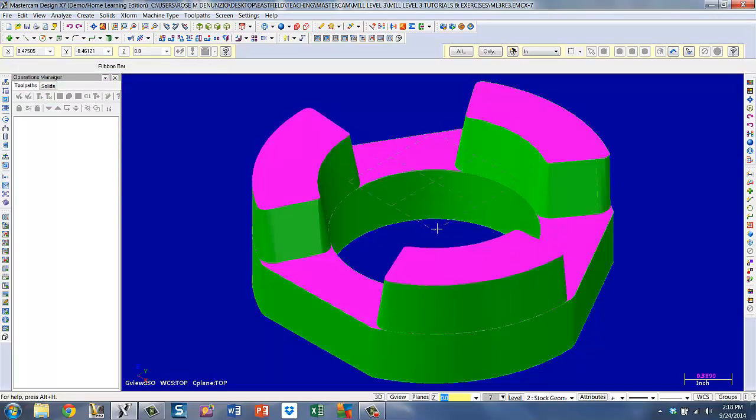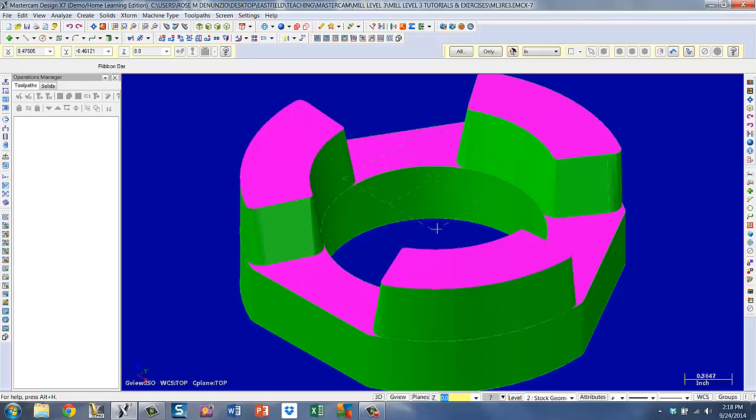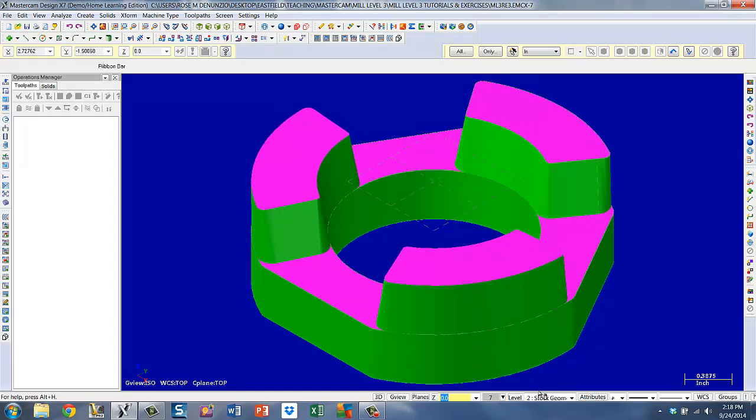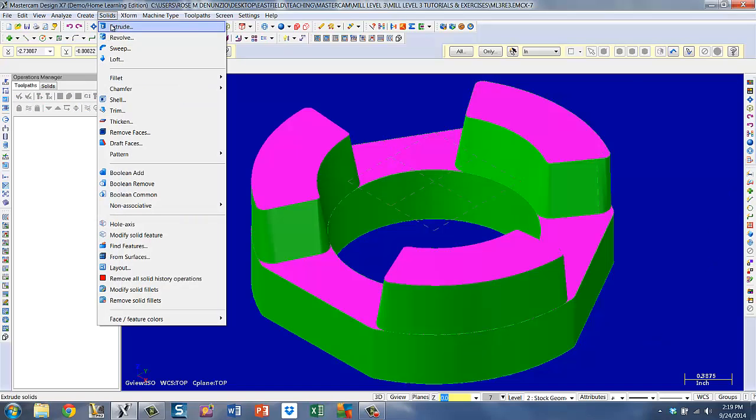And on page 289, it asks you to create a flat boundary in that hole before you set up the stock, but I tried that and it seemed to affect my stock extruding, so I'm going to do that after I set up the stock for better luck. So I'm sorry, now that I've activated level 2, I'm ready to set up the stock geometry, and that is done by Solids, Extrude,